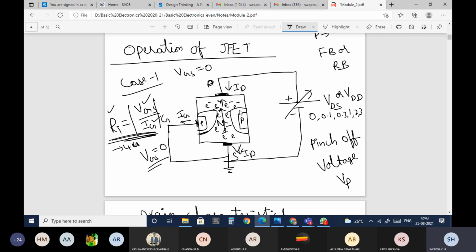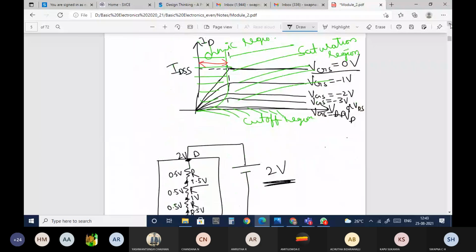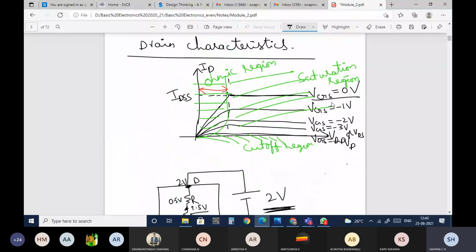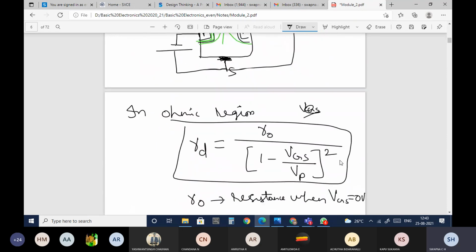Now I will come again. Here you need to calculate the resistance RD in the ohmic region, because as you are increasing the VGS voltage, the current is dropping. Since the current is dropping, the resistance is increasing. That RD can be calculated using the formula which I have given here.